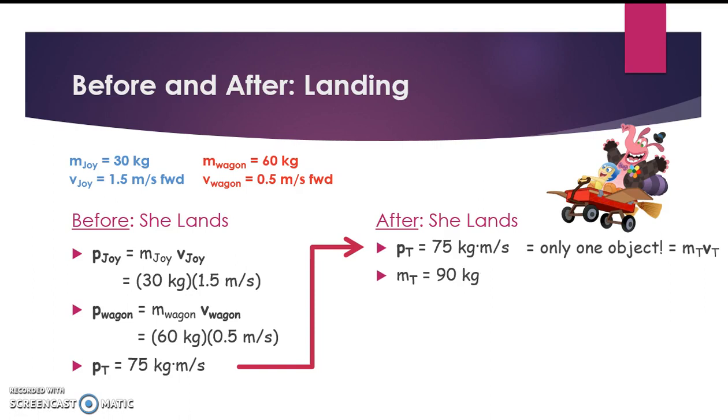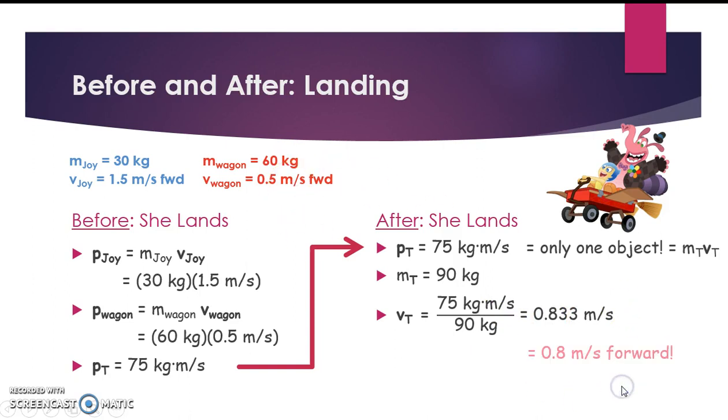Ready? Well, the mass of the wagon is now 90 kilograms because it was 60 with just Bing Bong riding, and Joy is an additional 30. That means it should be moving forward at 0.83 or so meters per second. Say what? Only 1 sig fig? All right, 1 sig fig. It's going to be moving forward at about 0.8 meters per second, which is faster than the 0.5 it had